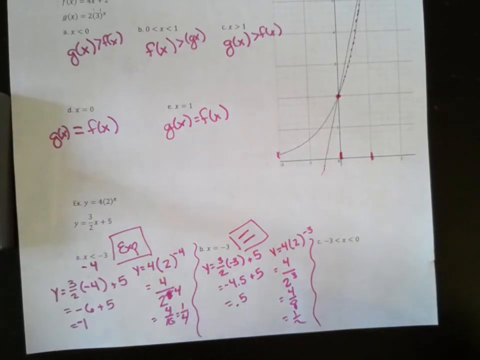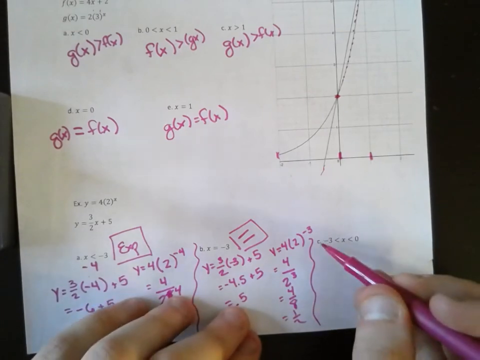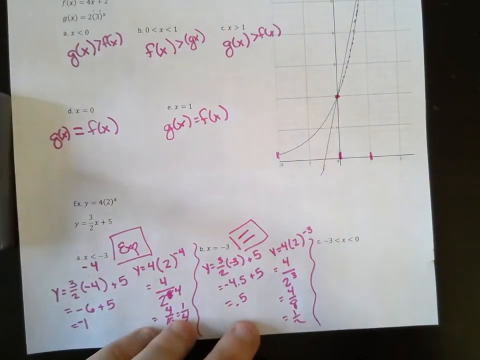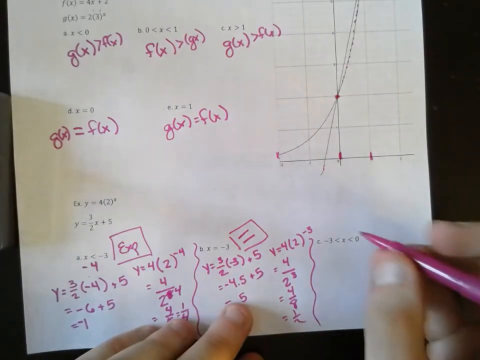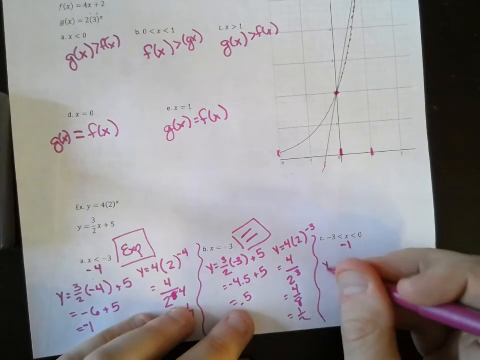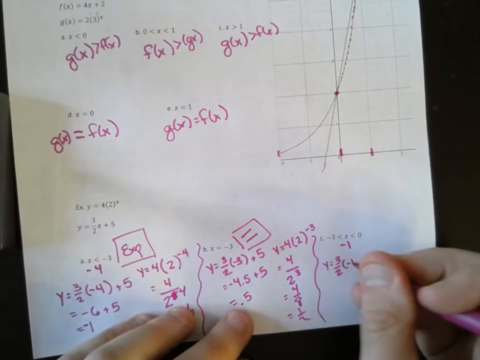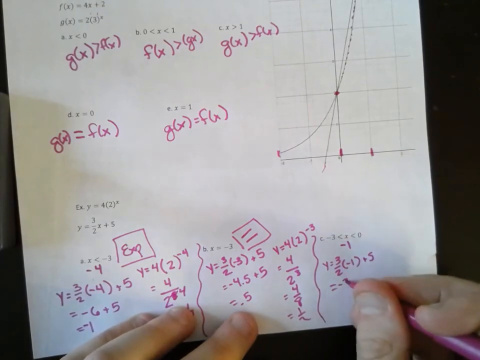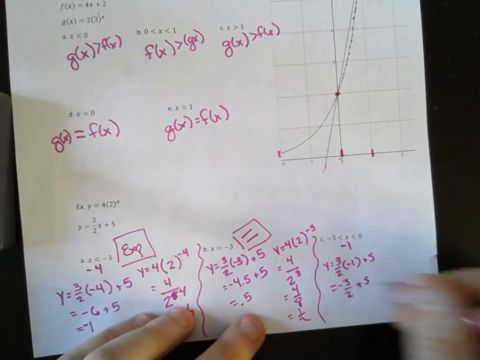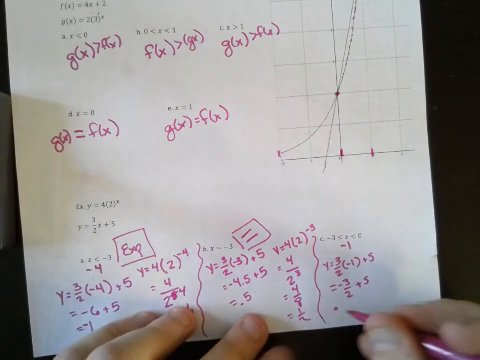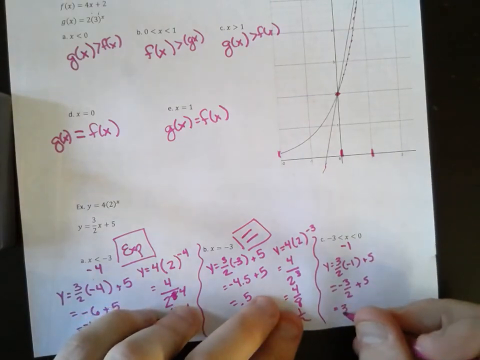Now, I want to go from -3 to 0. I need some number between -3 and 0. I'm not going to make this difficult. I'm going to pick -1. So I'm going to have y equals 3/2 times -1 plus 5. So this is -3/2 now, which we know is -1.5. So this is going to be 3.5,